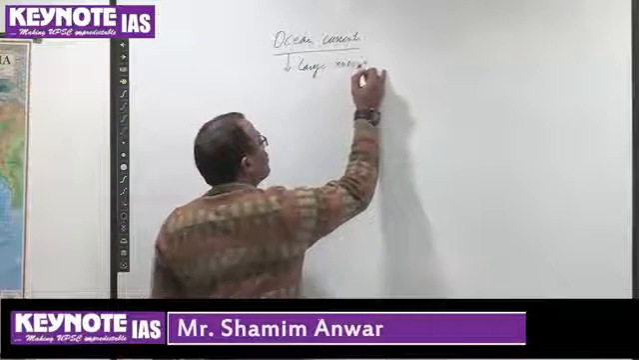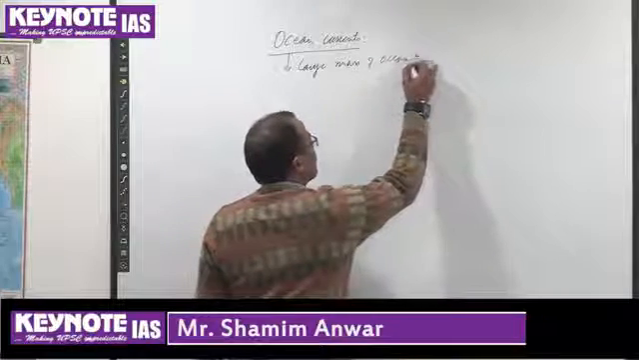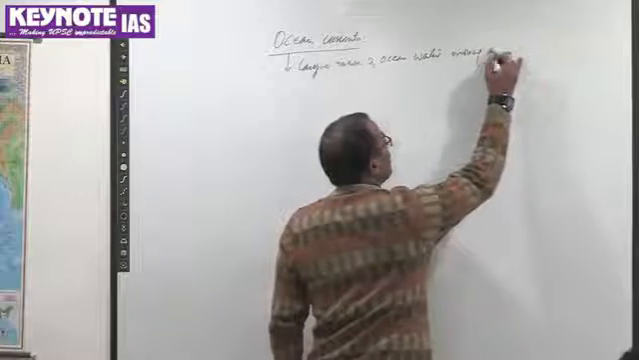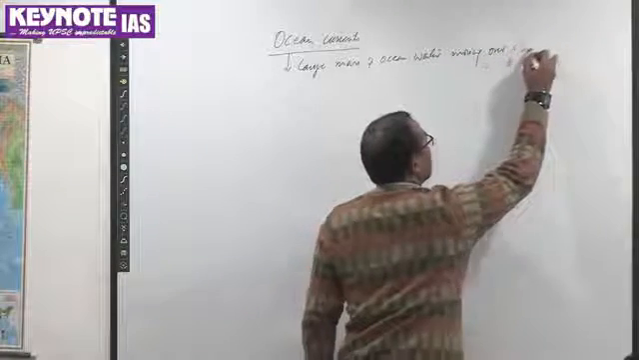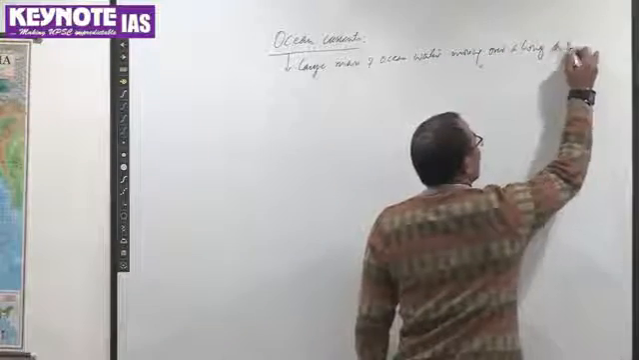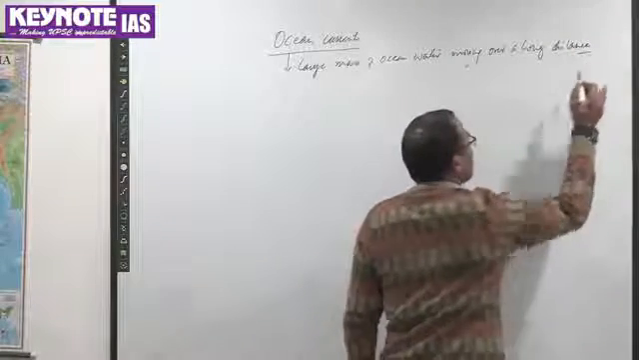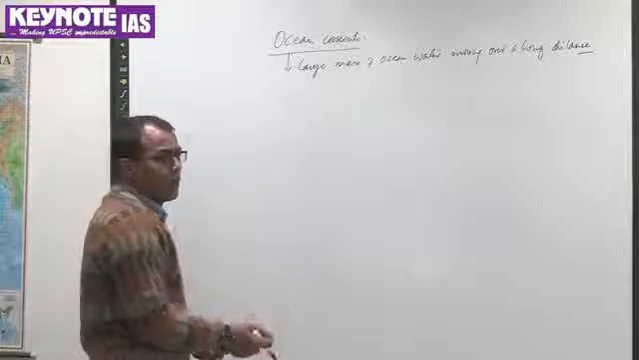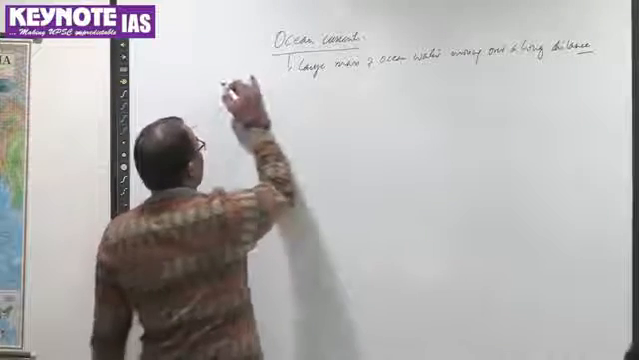A large mass of ocean water moving over a long distance is called an ocean current. Like in shorelines,